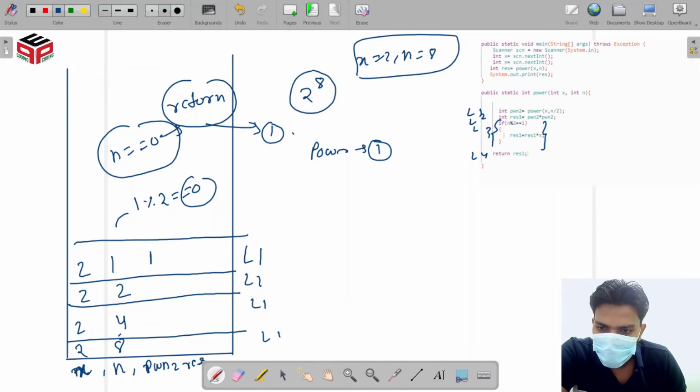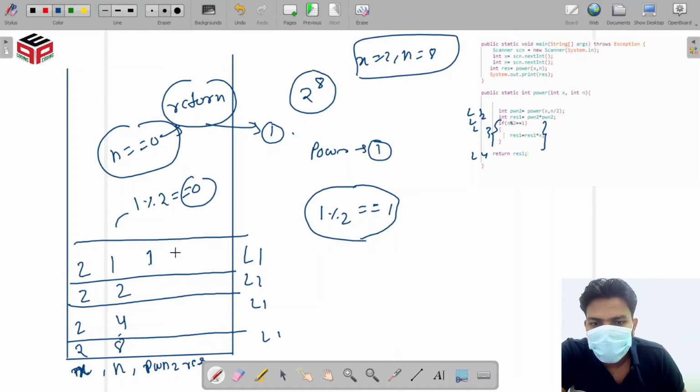We check whether n is even or odd. Because n % 2 equals 1, n is odd, so we multiply again with x. Here we multiply 2 with 1 and get 2.